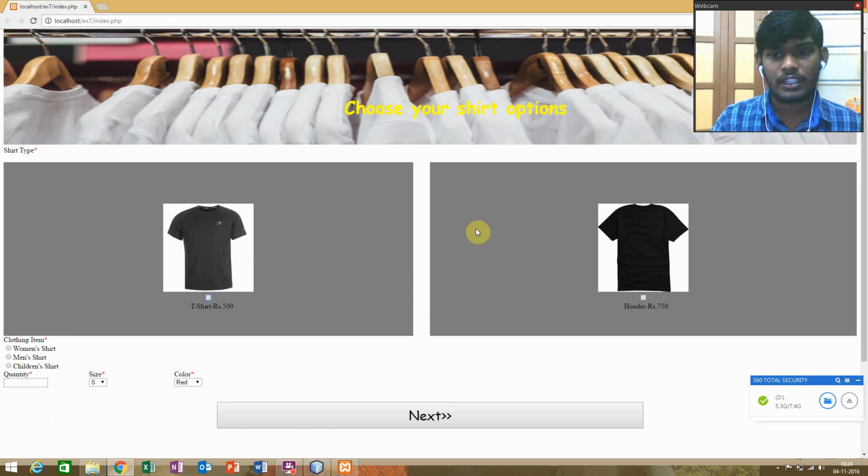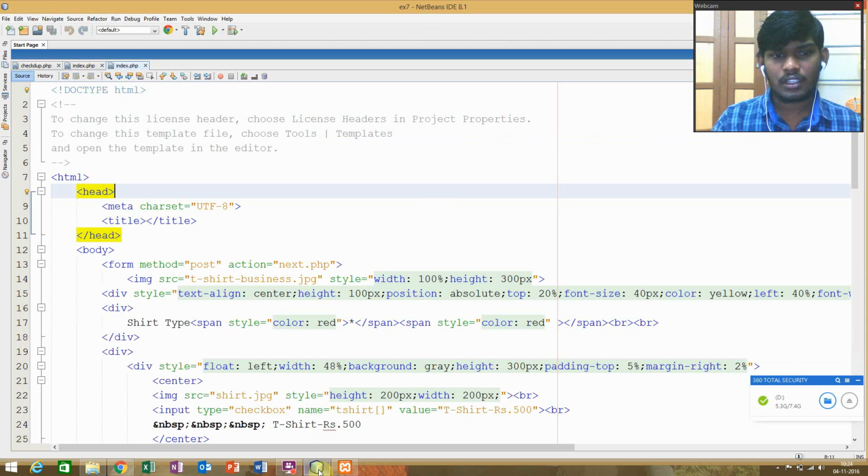The user can select either of the two t-shirts. You can choose a women's t-shirt, a men's t-shirt, or a children's t-shirt, and I can give the quantity, and the size can also be displayed, and red in color. For this I have used